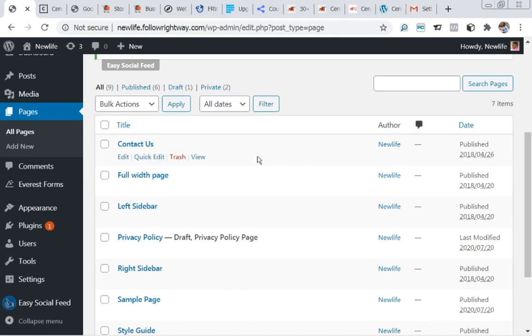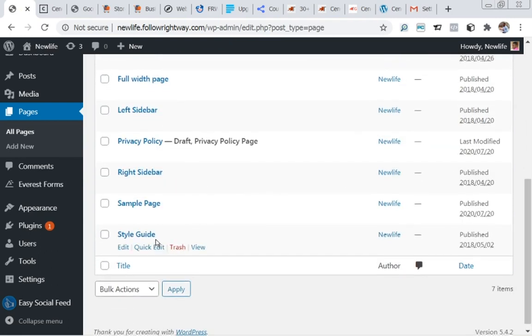Here we have contact page, full width page, left side sidebar, and privacy policy is in draft already, okay, but let's leave it. Right sidebar, sample page,